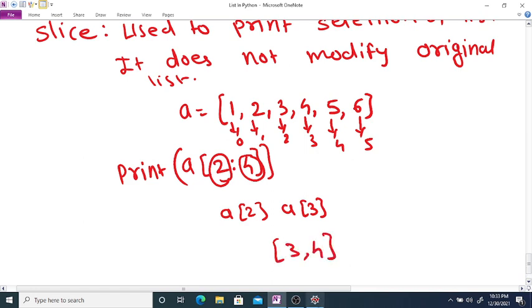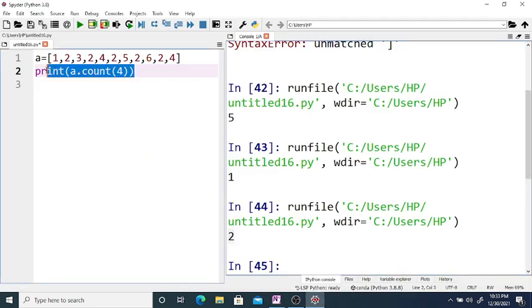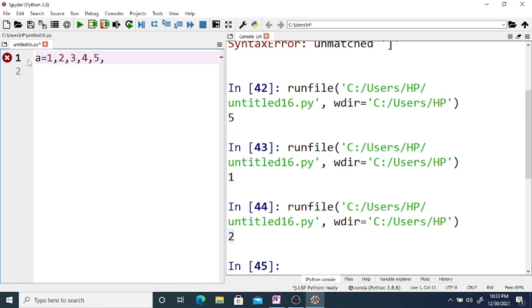Suppose this is the given list, A is equal to 1 2 3 4 5 6 and 10 9.